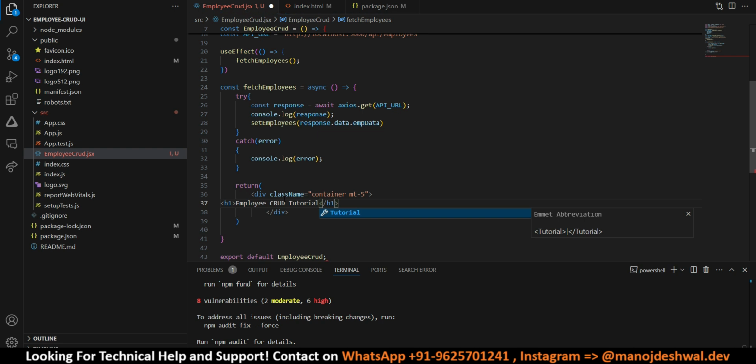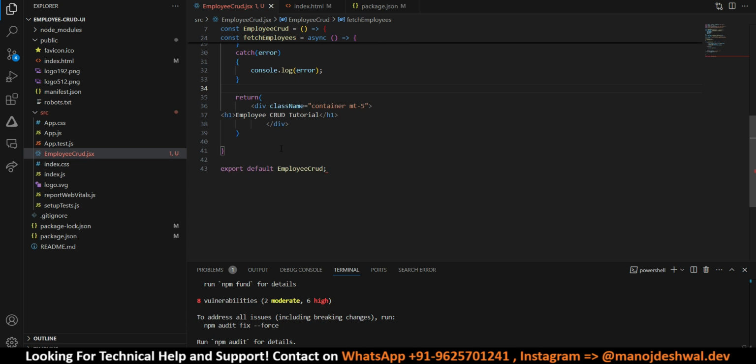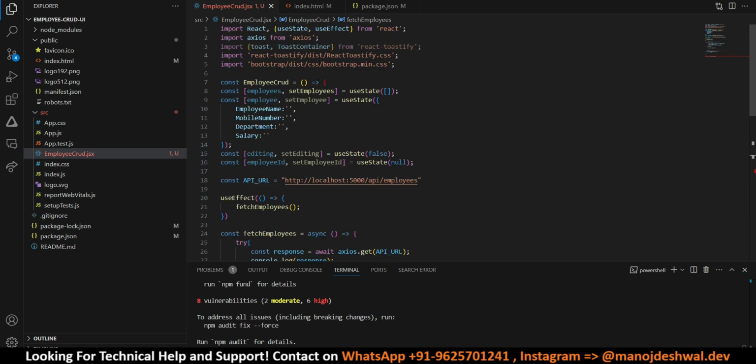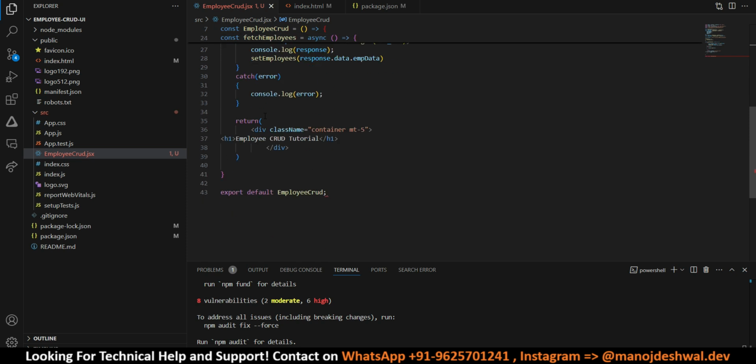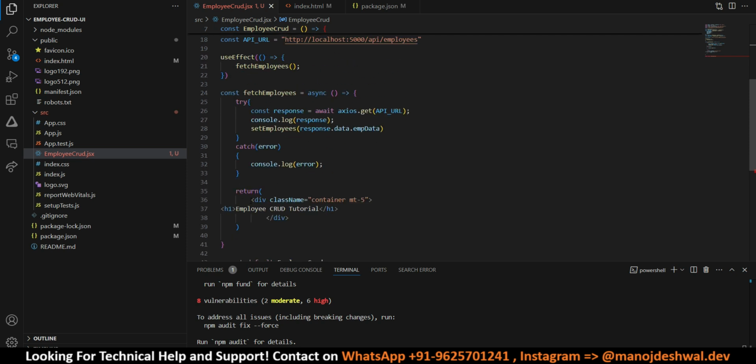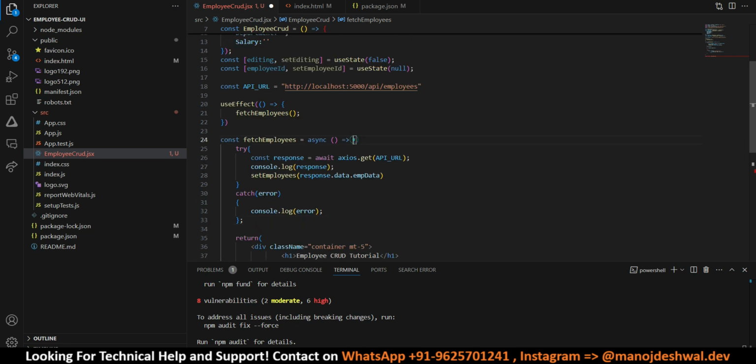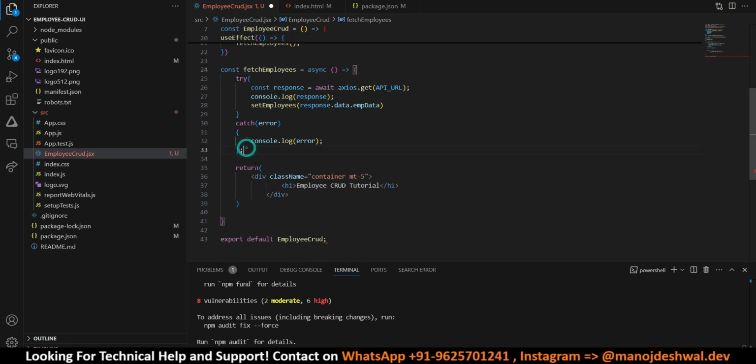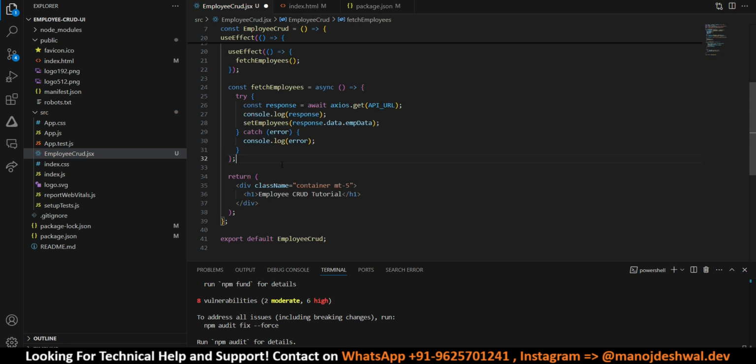Let's align the code, save. Some alignment is not valid. Oops, I need to close this one. Yeah. So after this heading,